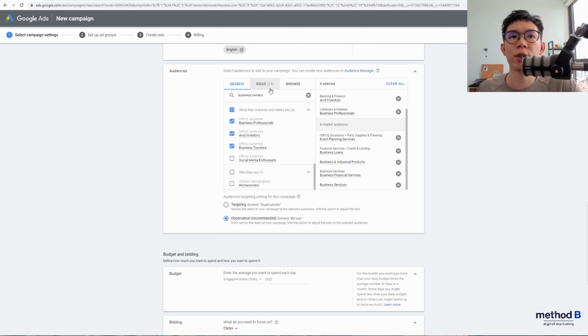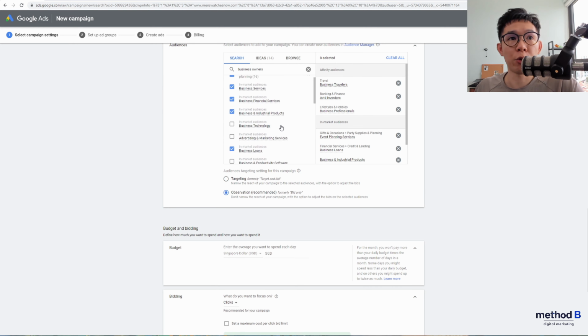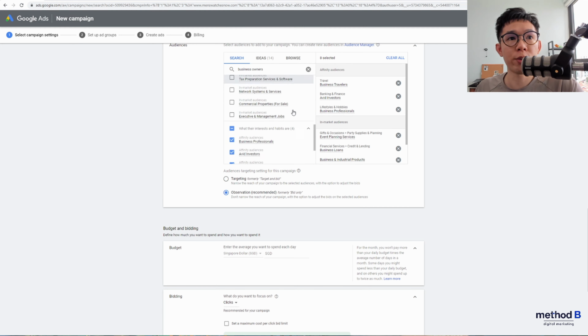So you'll be able to see, okay, there are 2 options over here. Audience targeting setting for this campaign. So there's targeting over here and observation. Observation is normally recommended because, as I mentioned, once you select all these things into your campaign already, with all the categories that you have, and you can even go into subcategories as well,